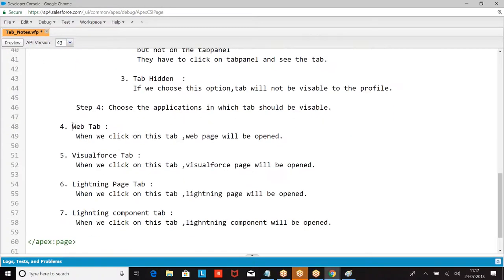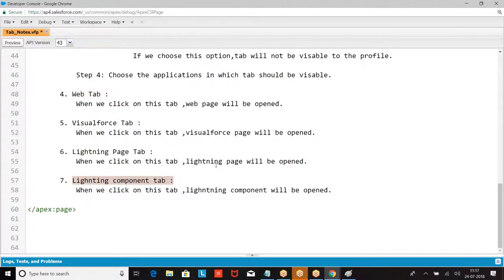Custom object tab, web tab, Visualforce tab, Lightning page tab, Lightning component tab. I hope you are good with this.